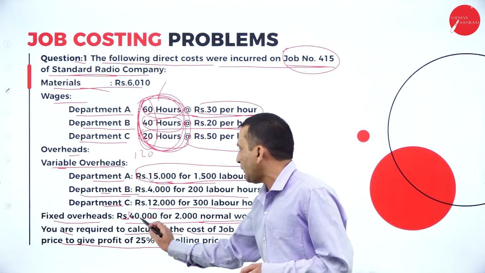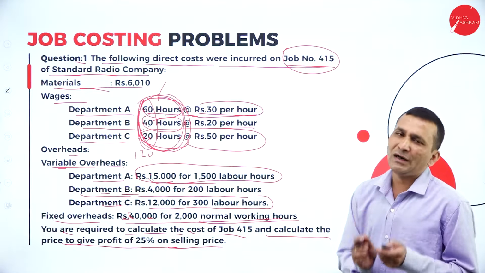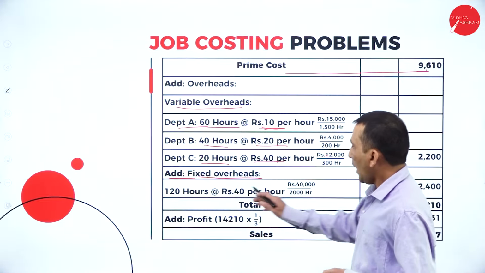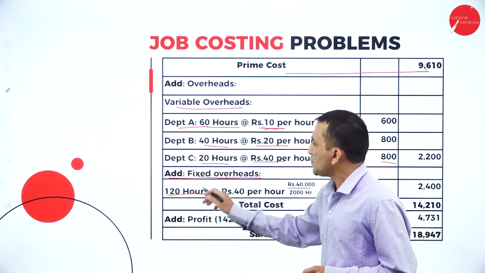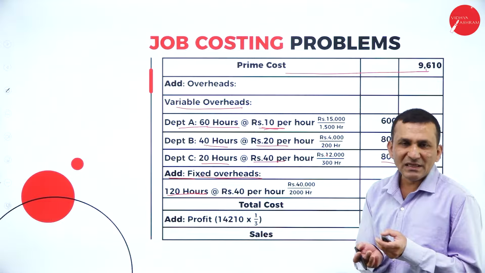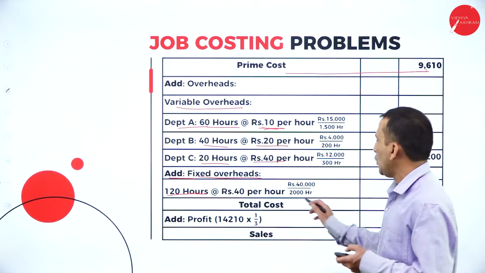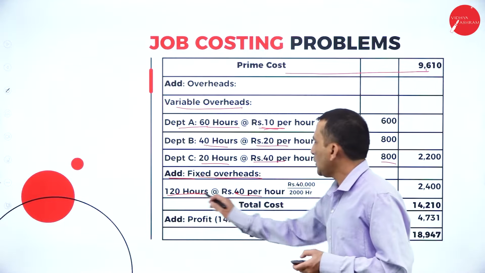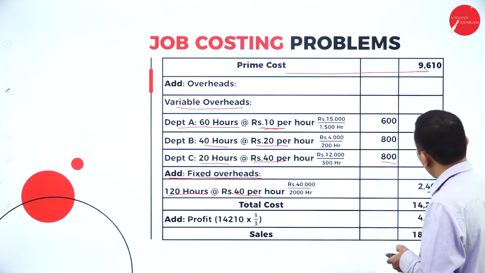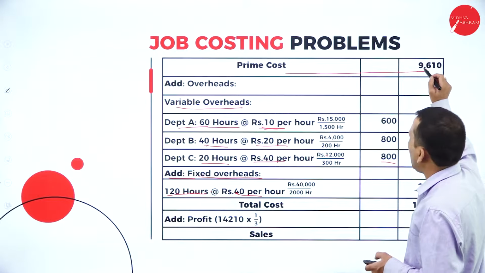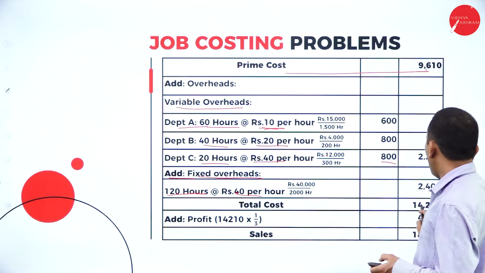To find the rate, 40,000 divided by 2,000, if you do, you are getting the rate. Under fixed overheads, total normal hours 60 plus 40 plus 20, 120 hours. The rate is missing, but the information is provided. So 40,000 divided by 2,000, you are getting 20 per hour. So if you multiply 120 into 20, you are getting 2,400. Now we need to take the altogether total. So the prime cost as well as variable cost and fixed cost, if you add together, you are getting 14,210